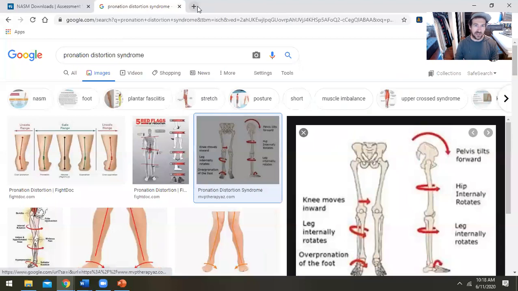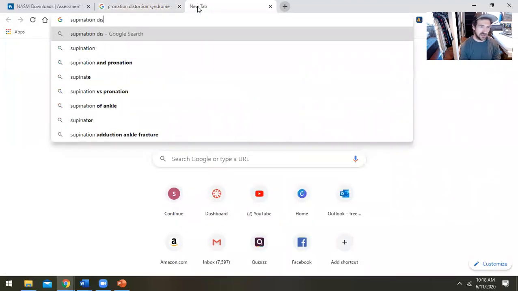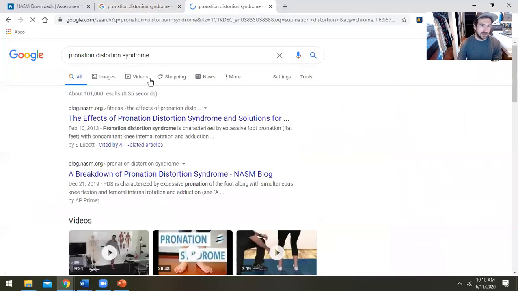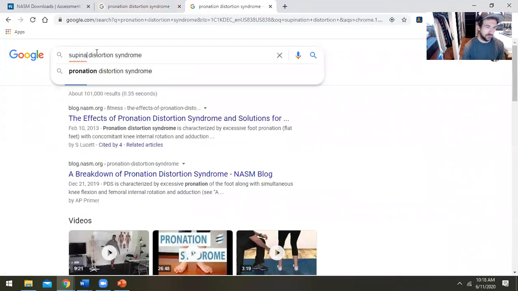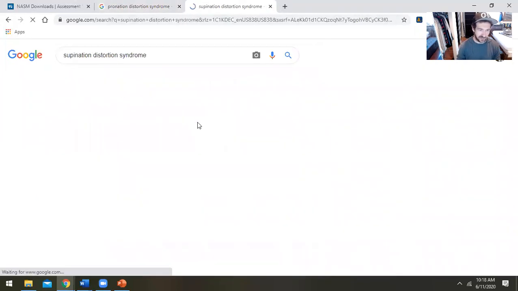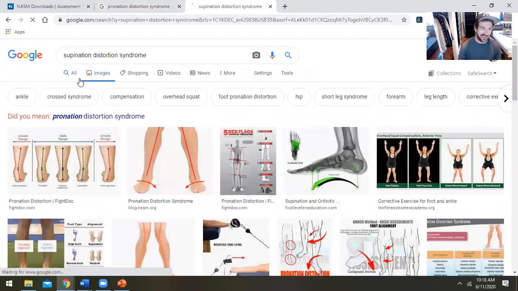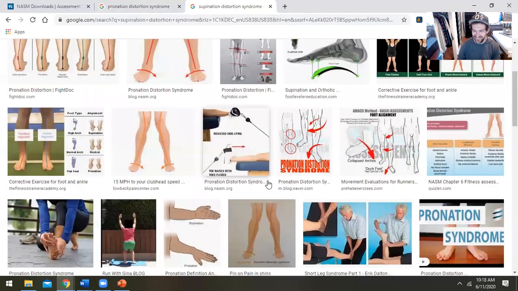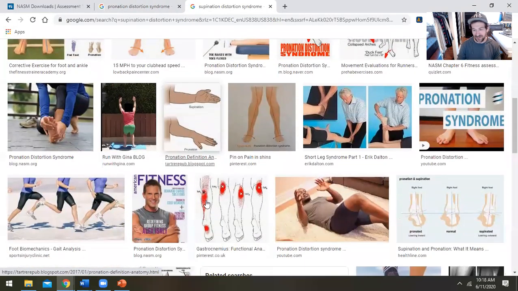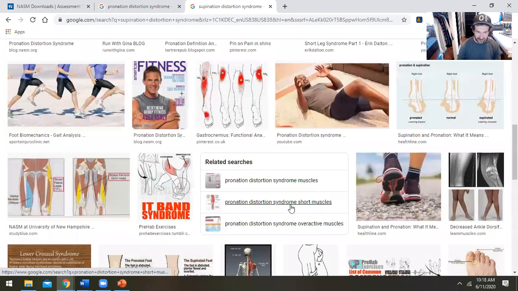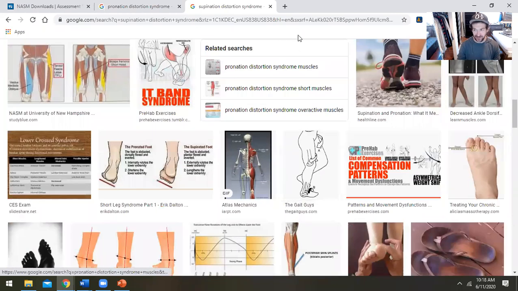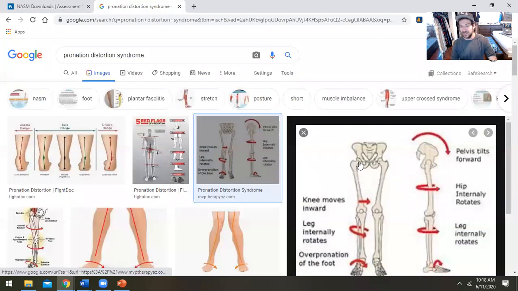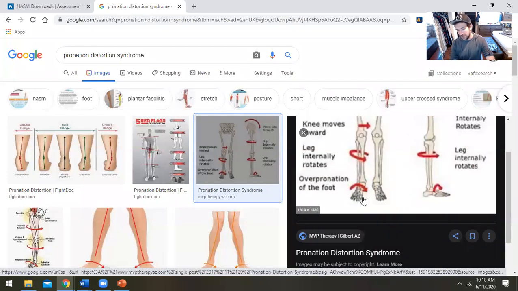This is going to be much more difficult, but supination distortion syndrome. See if I can actually even get a picture of this. See, look, the internet is like, what are you talking about? Nobody deals with this. You mean pronation? Yeah, I wanted to find the same picture, but nobody studies it enough because it is so very uncommon. But basically, supination, right, is you would see the opposite, like the foot would slightly cave this way, and then the knee